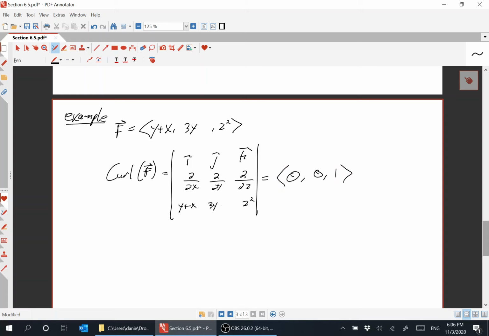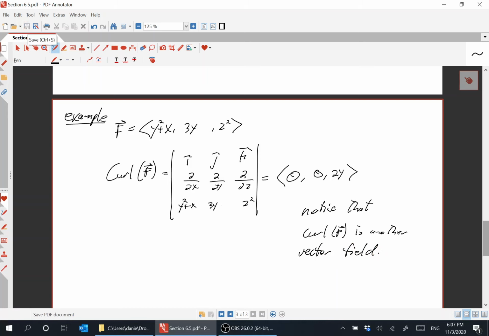So, let's put a squared here. Yeah, partial with respect to x is 0, partial with respect to y is 2y. So the curl, whereas the divergence is a scalar function, curl f is another vector field. Curl f is another 3D vector field,